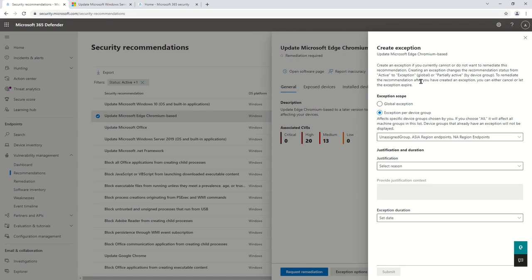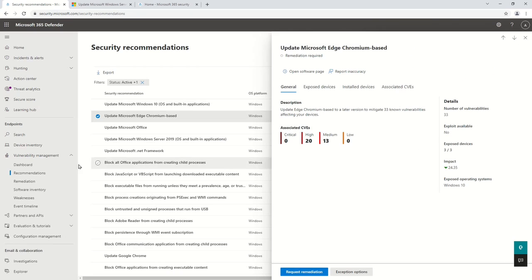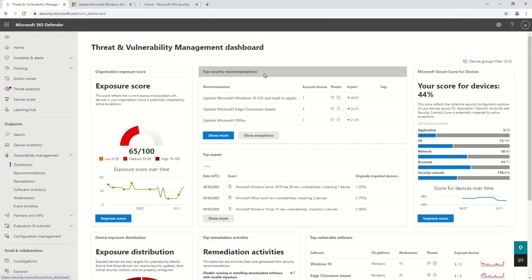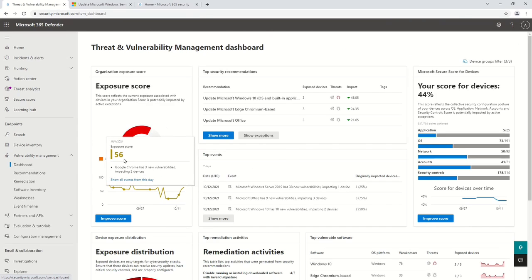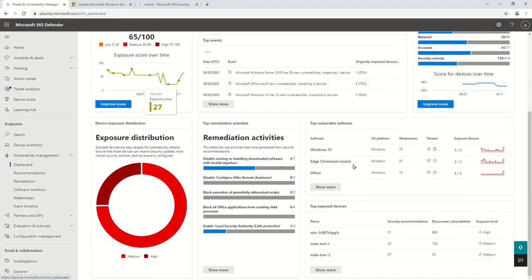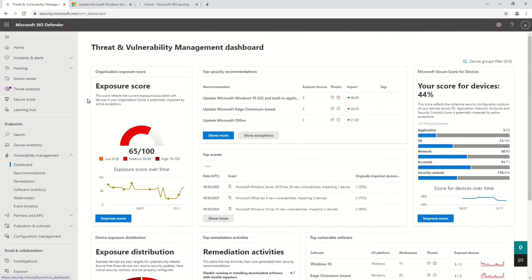Now, just for your information, everything that you are adding as an exception is going to impact the overall score that you get on the dashboard section. Okay. So if I click on dashboard, you can see this exposure score is impacted by the inaccuracies, or the exceptions that you are adding, to be very precise. Okay, so make sure you keep all these things in mind